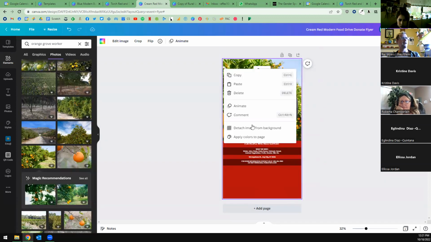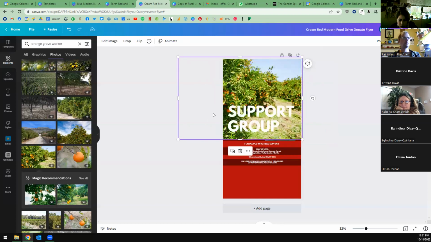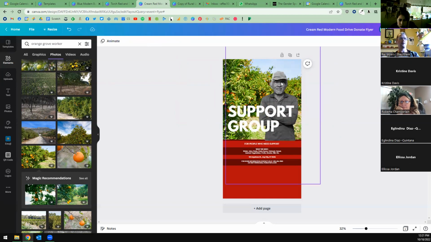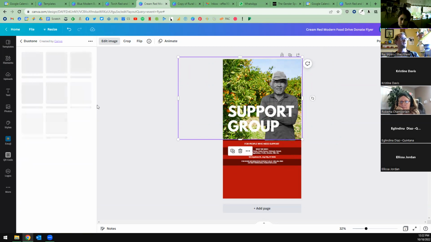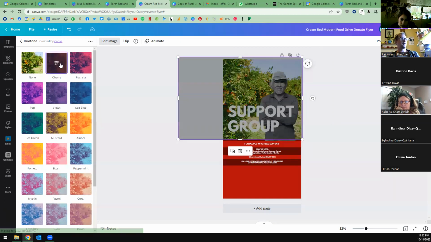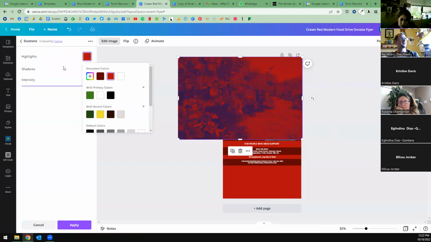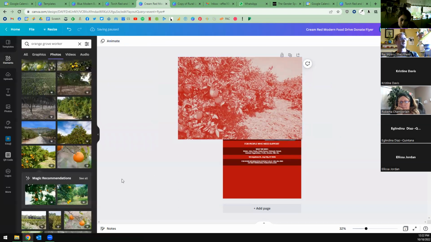Okay, and it likes to attach to the background. And I want to, so I can do something like that. And I can also create these really cool effects where, okay, maybe he's black and white, and maybe I want, oh, no, I don't want to crop. And then I can edit this and I can duotone it. I'm just selecting a random one. It doesn't matter because then I'm hitting the edit and I'm changing the colors. So that's probably a bit much. Maybe a gray and a lighter red. And give it a second and it will,